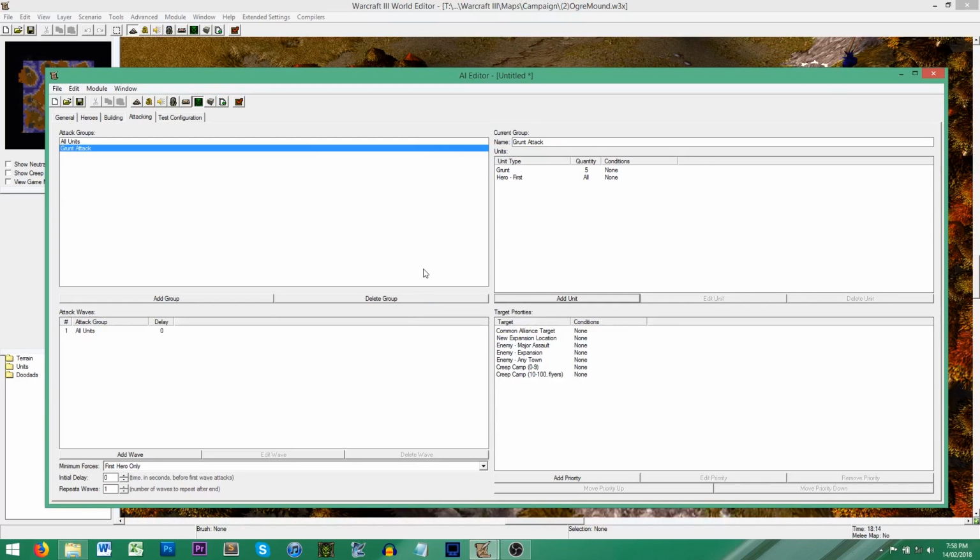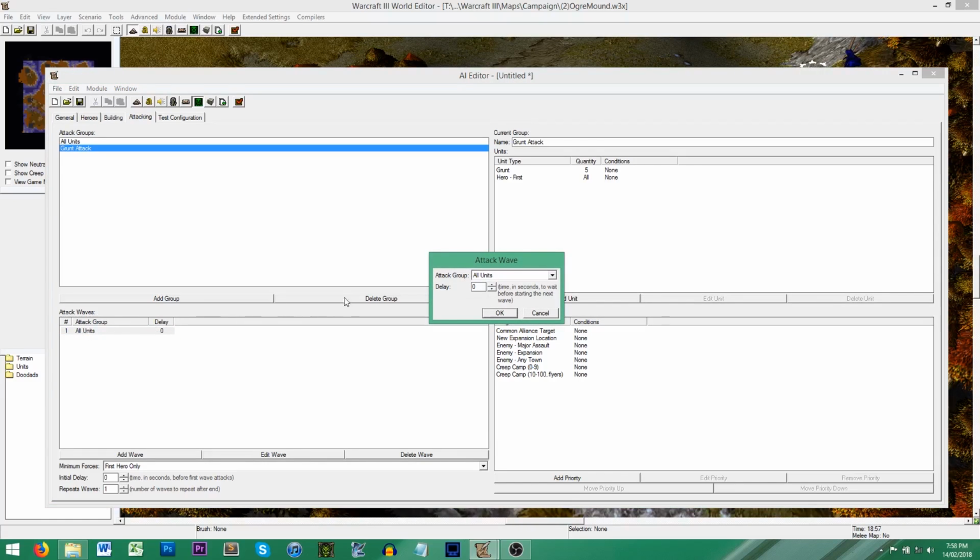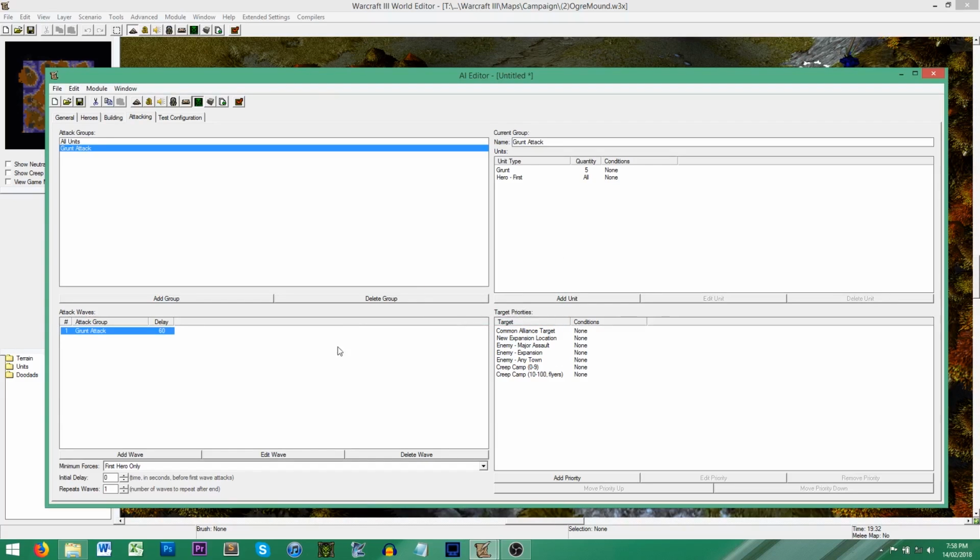Next, we want to be able to tell the AI to send this attack group to attack a player, which is over in this attack waves box right here, where we simply say the very first attack wave that will be sent will be of grunt attack. And we can also specify how long the AI will wait in seconds before it actually sends the attack wave at the player. There are also some additional options you can specify with the attack waves, like for example, initial